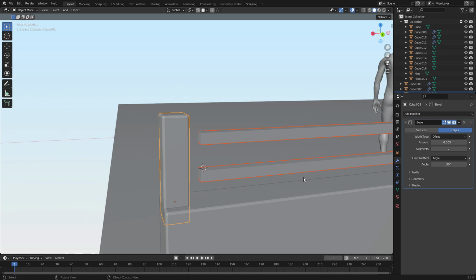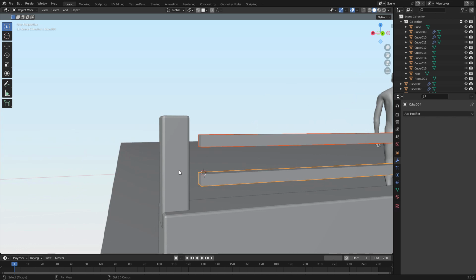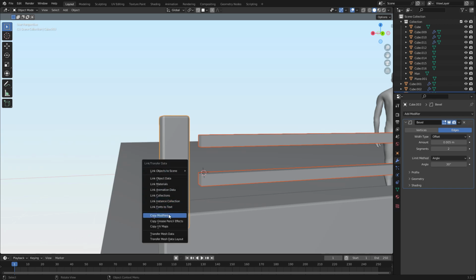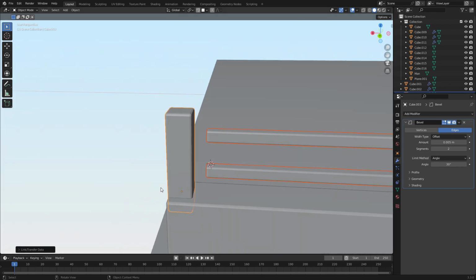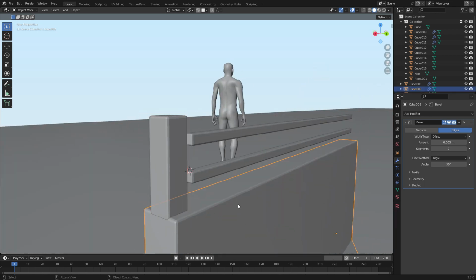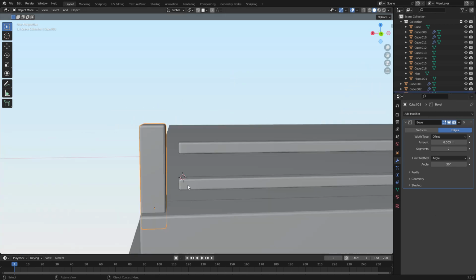Probably just going to copy modifiers. So just select the objects that don't have a modifier on them, and then select an object that does have the modifier that you want to apply, and then Control L, and then copy modifiers. The objects that you selected that did not have that modifier will now have the modifier that was on the last object you selected. And I should say that even if these objects did have a modifier, it would be replaced with whatever is on this one. So okay,